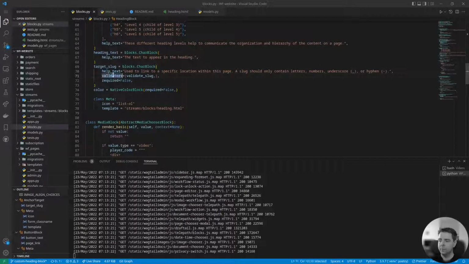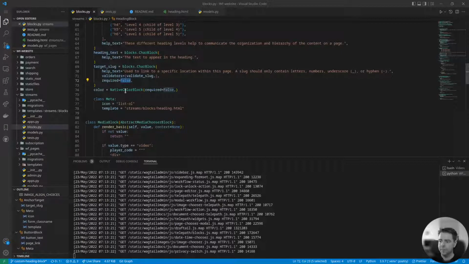Now, we've used a help text and a validator here, which comes out of the Django framework, to make sure it's adhering to a slug character set, which is all the alphanumerics and dash and underscore, I think, are valid URL slugs, because an anchor is essentially intended to be used partially as a part of a URL, part of the address bar, so that it can jump the user to a particular section of a page,